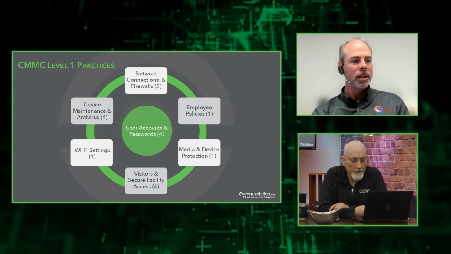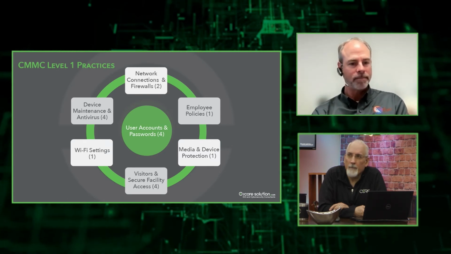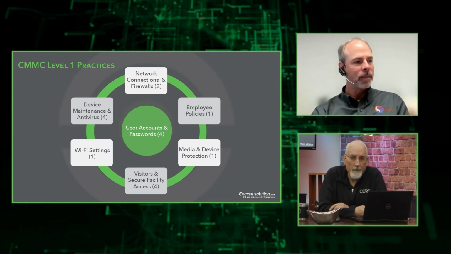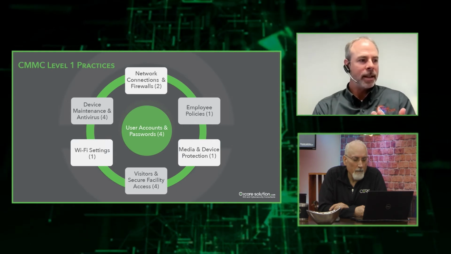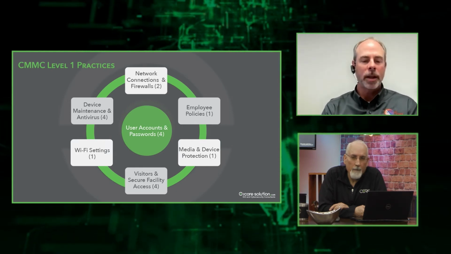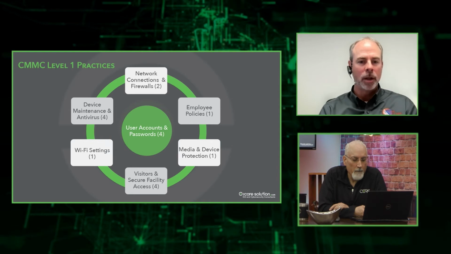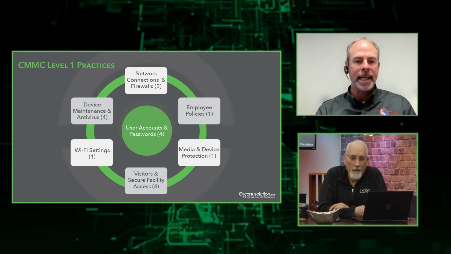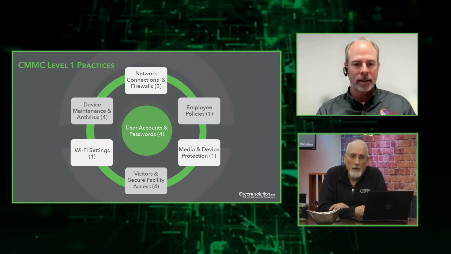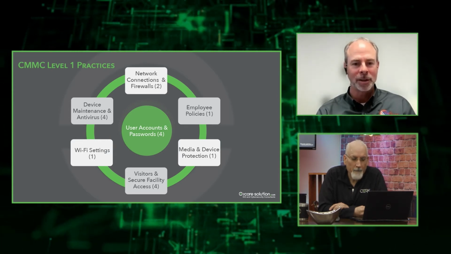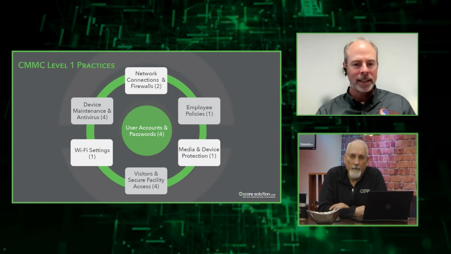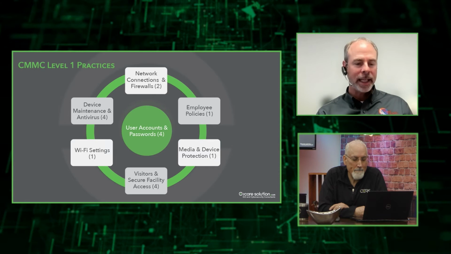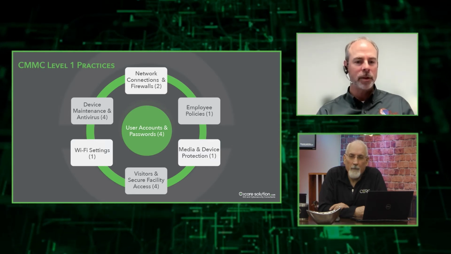Yep. So there are a number of controls, even though it's only 17. So for instance, we need a way to control authentication of our network. We have to know who's on our network or our PCs by name. So I can't have like secretary 1, office person 1, shop user 1. It has to be Bob, Sam, Sally. Traceable in that sense, right? Yeah, we need named users. So we need some means of doing that,